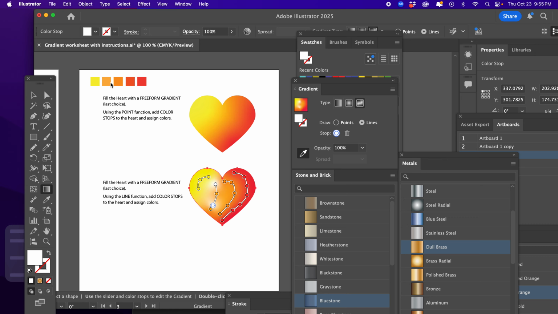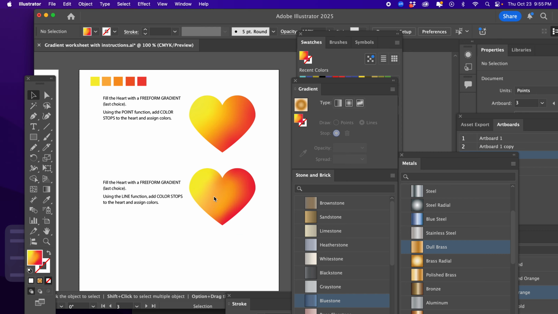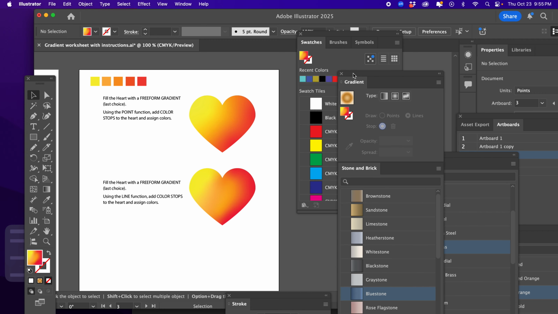This takes practice. I think you can see how out of practice I am. This is basically the only time I use this thing. See that? And I'm starting to get this nice kind of soft, undulating motion with the gradient tool. All right? Now, there's one more kind of gradient tool. That's the mesh gradient tool. That'll be a different video. But this is just a quick